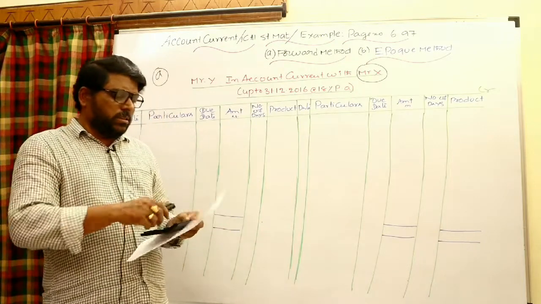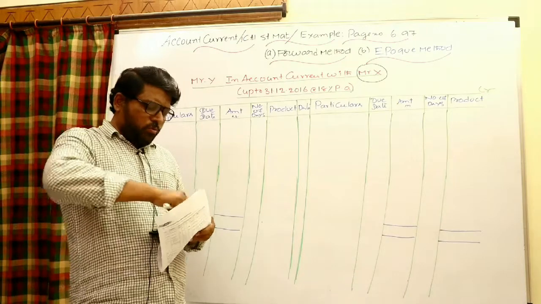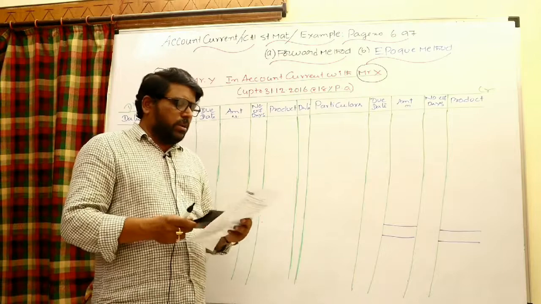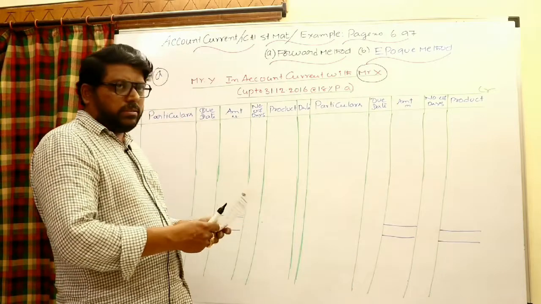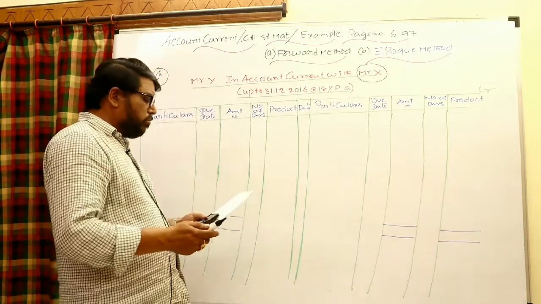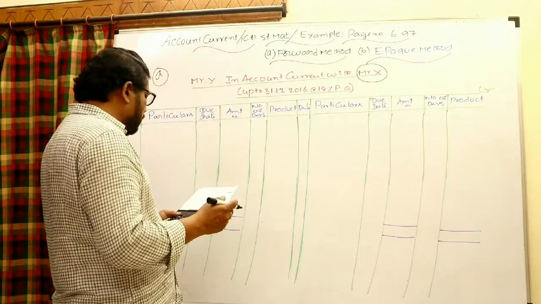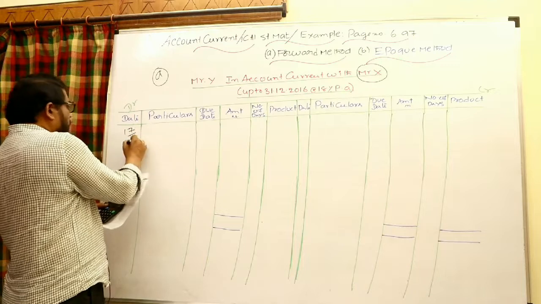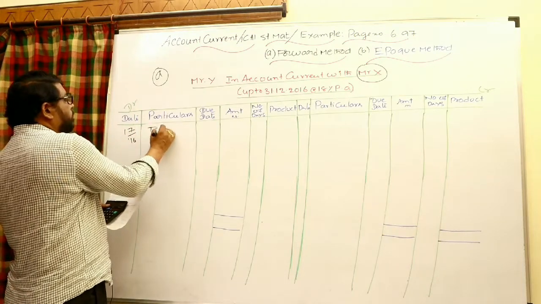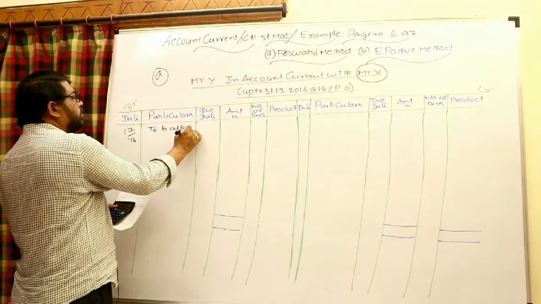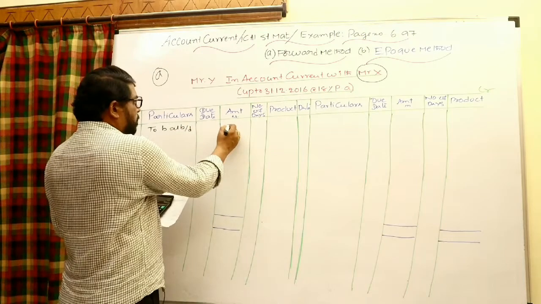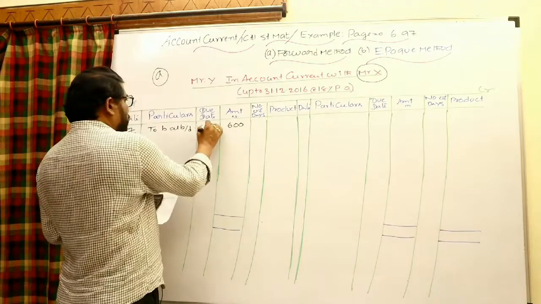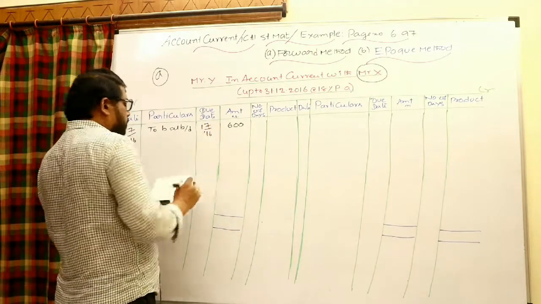1/7/2016 it is given: balance owing. What does owing mean? Owing means due. Owe or due, both are the same. Balance owing by Y, which means amount due from Y. We have to receive, he is a debtor. Right, there 1/7/2016, to balance brought down, in the amount column 600. Obviously, when a separate due date is not given, you can take the same date as the due date.